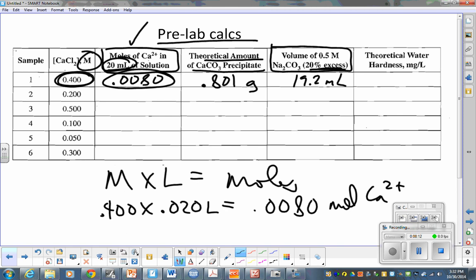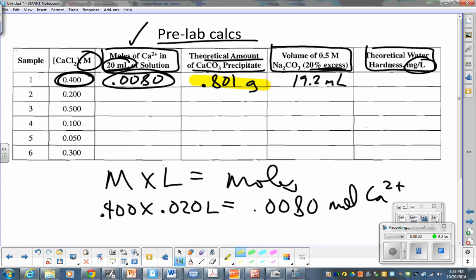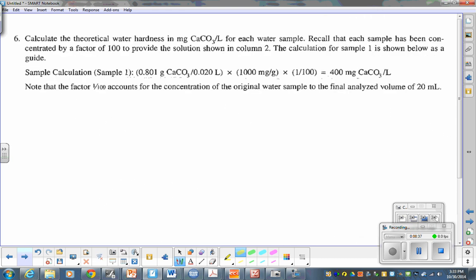The last thing is to calculate what's called the theoretical water hardness. That's the actual hardness of water, how much calcium is in there, and we do it in milligrams per liter. If we already have our theoretical amount we're supposed to get based on what we know is in there, so if we look here, we're supposed to get 0.801 grams. We'll use that. So I'm going to start with my theoretical yield, which is 0.801 grams of CaCO3